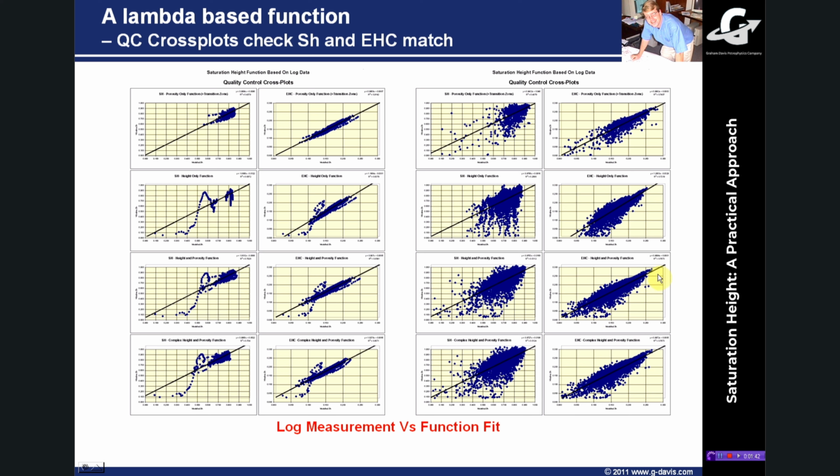So that's the final one, if you like, the match between log and saturation in a crossplot term, and you're looking for that in oil volume terms to be around the unity line, and that looks like a pretty good fit. Here is another equation that's slightly modified, what I've called the complex height and porosity function, but that's currently not on the spreadsheet anyway. But you can see this is a set of QC crossplots that you have a look at, and they demonstrate the fit that you've got by crossplotting the predicted versus actual, if you like, of your saturation.